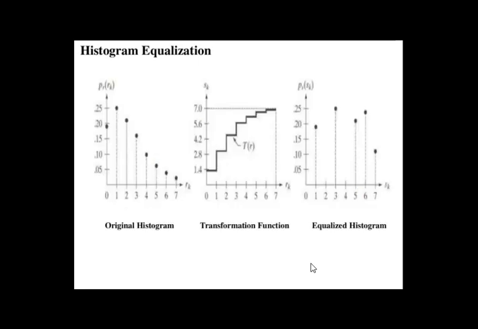So students, we have to change the pixel values, like 790 is mapped to 1, and so on. So we are getting the equalized histogram like this. This was the original histogram. The transformed function Sk is like this. From this we can get the equalized histogram and the equalized image.